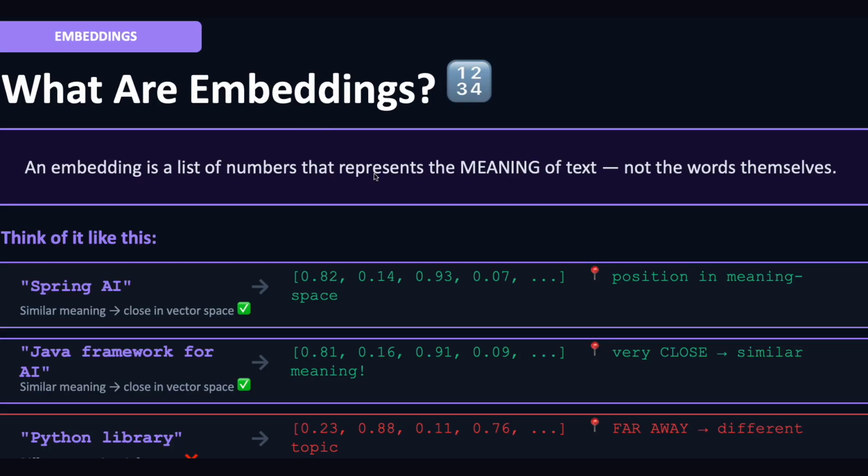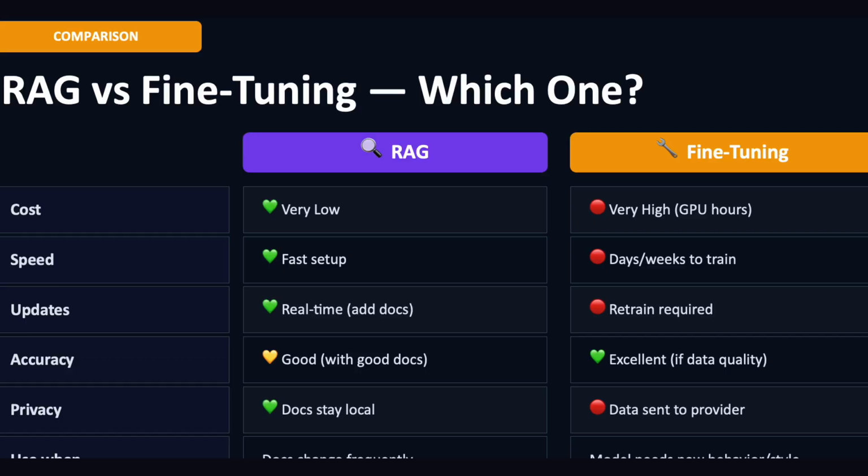Imagine I say the word king and I say the word queen. These two words are different, but their meaning is very similar. They are both royalty. An embedding converts text into a list of numbers, maybe 1500 numbers, that captures the meaning of that text. So king might become